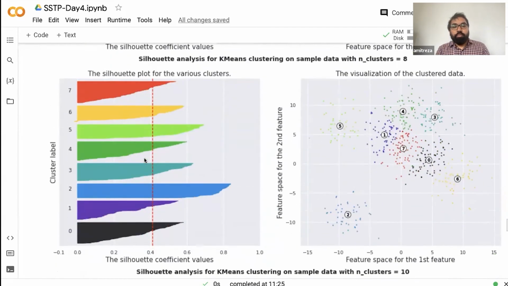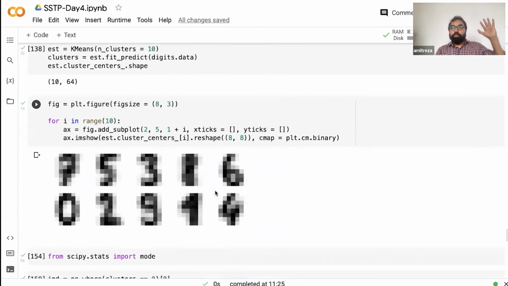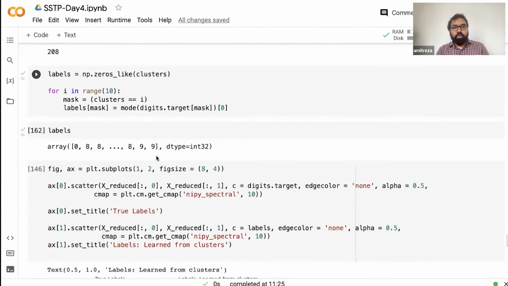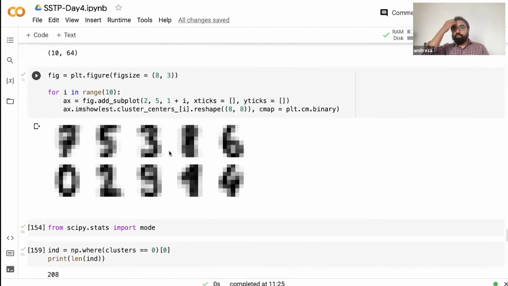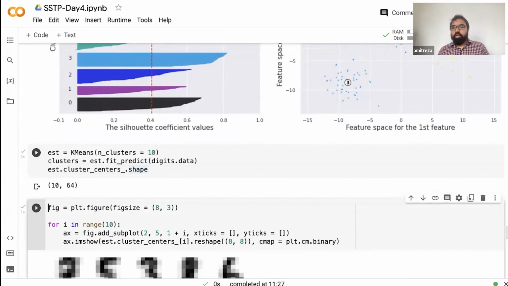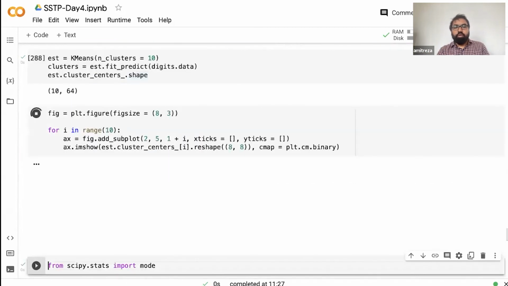Okay. Yes, sir. Now the question is, right now I talked about dimension reduction and the representation of data in two-dimensional or lower dimensional space, and clustering also gives some kind of representation, right? So now the question is, if I want to understand both methods together, dimension reduction versus this clustering approach, for the same data, what kind of information are you getting? So what I did here is, for this digit data, I already did the PCA, right? And now for the same data I can also do a clustering. Okay. So now if we do the clustering,